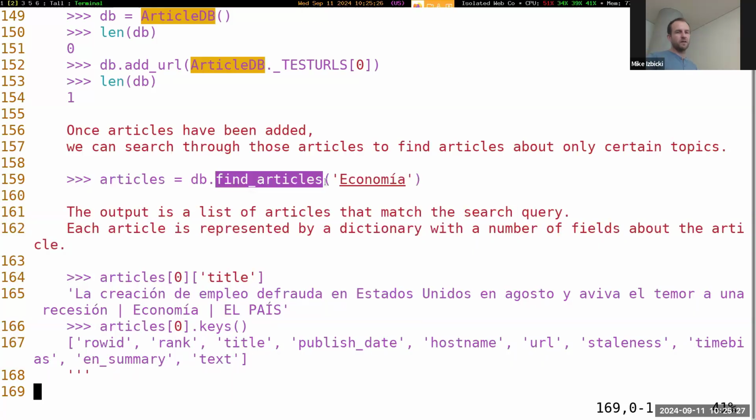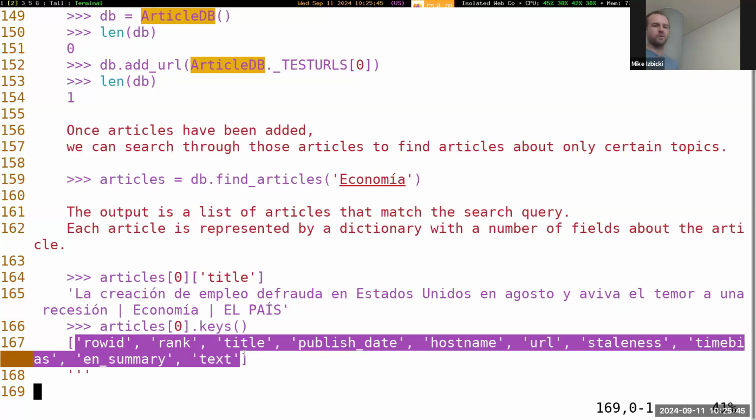But this find articles here, my example, what it's doing is I'm passing in just this one keyword. It happens to be in Spanish right here, economía. And then the articles over here is going to be a list. We get the results over here. The very first article, get the title. Here's what that title is going to be. And if we get the keys here, we can see here's all the information that we have available to us